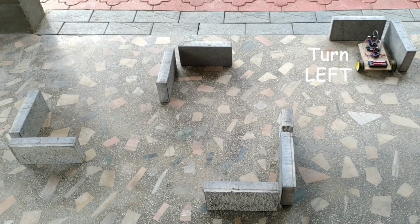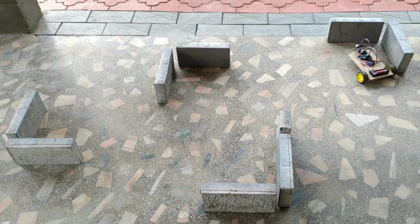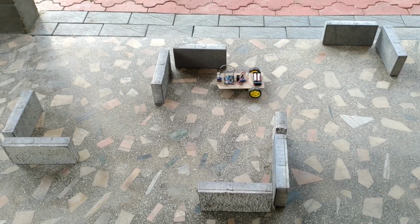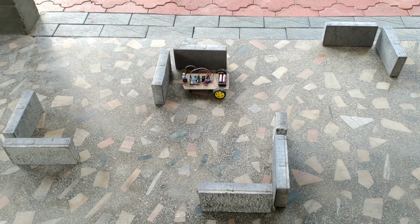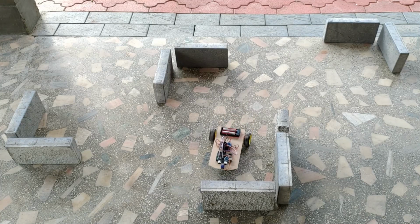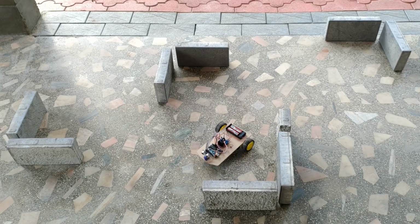In this obstacle course that I have made, during the first two obstacles, the robot has to go to the left, and in the last two obstacles the robot has to go towards the right. You can see that in the obstacle course that I have made, the robot detects the obstacles, turns by itself